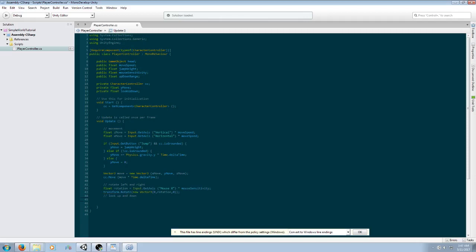So from here, we want to look up and down, which is our float that we created here. LookUpDown minus equals Input.GetAxis, string "Mouse Y", times mouse sensitivity. And then lookUpDown equals